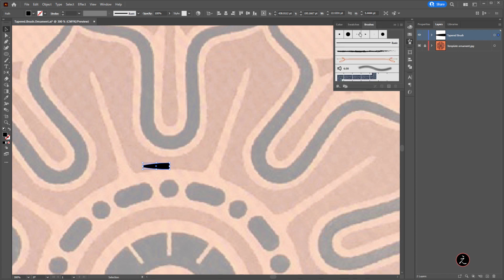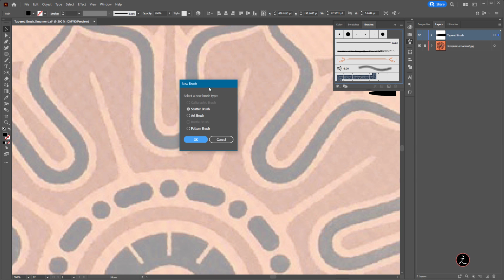And then I will bring up the brushes panel, which means I will create a new brush. So I will click and drag and bring this inside the brushes panel. And now we are presented with a new brush panel here. So in this case, we're going to create a new art brush.